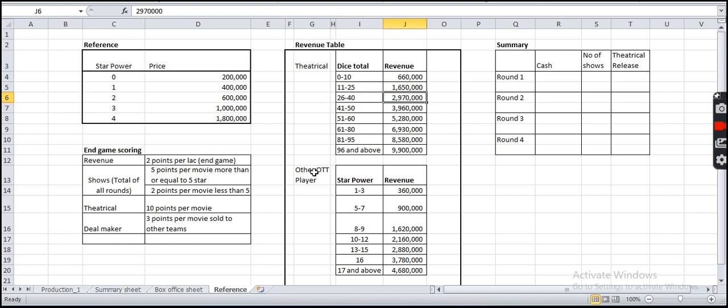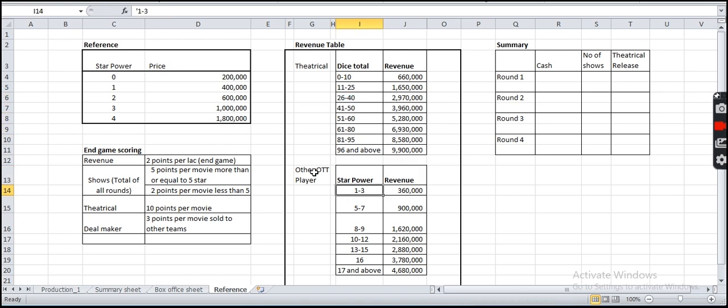That means your movie has earned you 29,70,000 through theatrical release. However, if you had any other marketing dice like a reroll, you could improve your total.